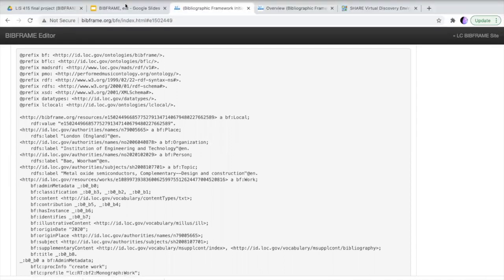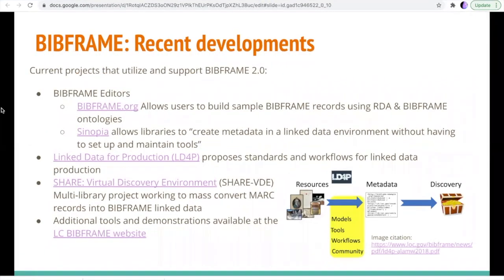So another BibFrame editor that is available is called Sinopia. It is intended to help library professionals build familiarity with linked data environments and collect data for developing further BibFrame tools. It's produced by the Linked Data for Production, LD4P project, which is a collaboration between Columbia, Cornell, Harvard, Princeton, and Stanford universities and the Library of Congress. It has been funded by grants from the Andrew Mellon Foundation since 2014 and works on standards and workflows for